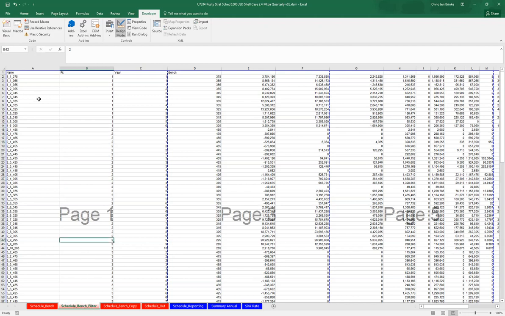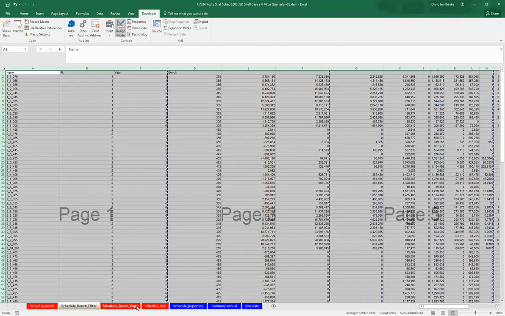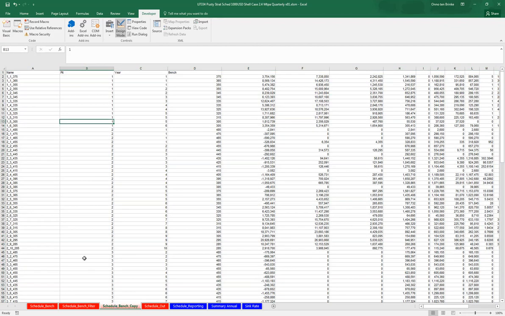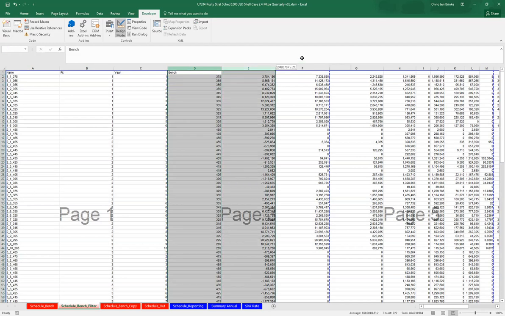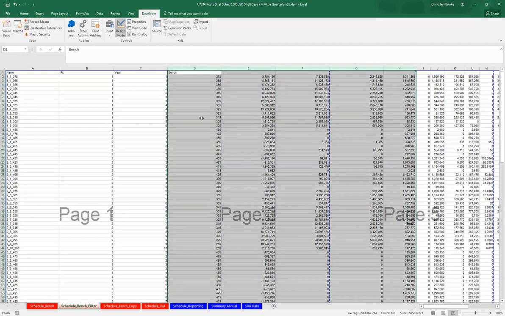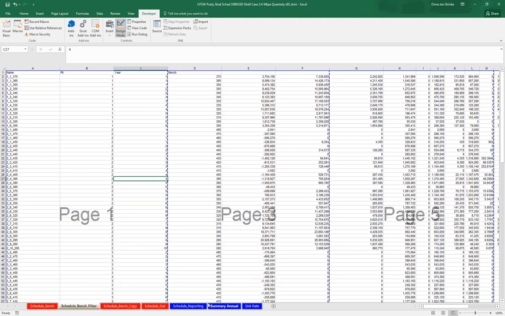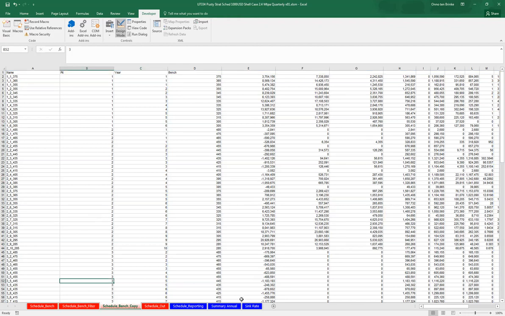Then what you do is you copy the information from the schedule bench filter and put it into schedule bench copy. The reason for that is when you run the macro, unfortunately, it adds rows in here when it's dealing with the data. So that means you can't link directly to this tab because it mucks up the formulas and the links in the blue analysis tabs. So that's why you just copy it into the bench copy,